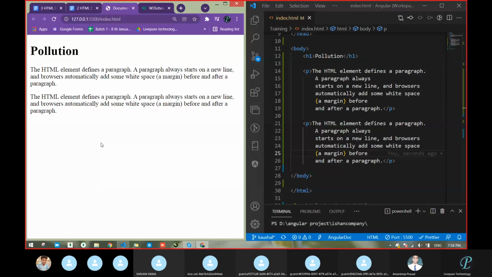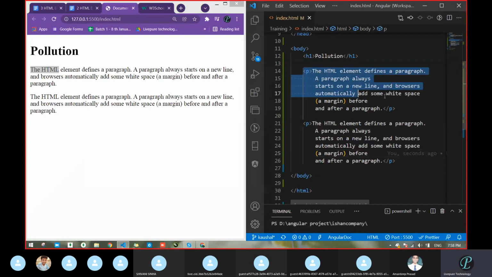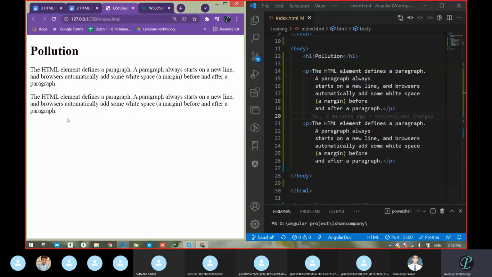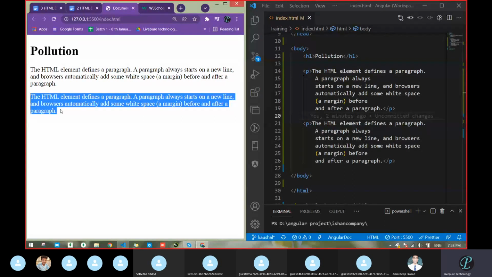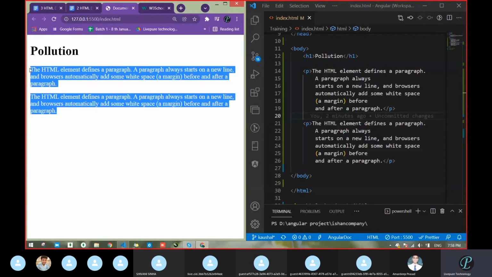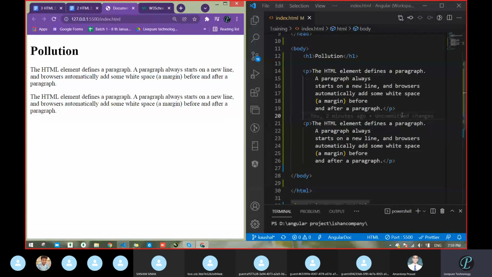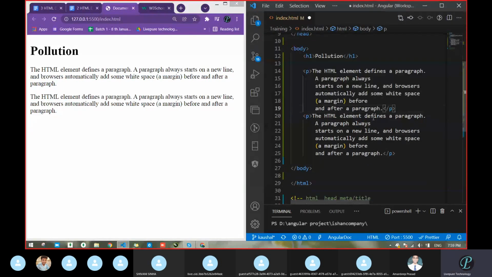Okay. So see, when we are using one paragraph, this is my first paragraph. Okay. This is my second paragraph. So when there are different paragraphs, in the middle of them the browser will add some extra space. See, this is the second paragraph and the upper one is the first paragraph. So we are getting some gap here in the middle of both. We had not put anything. Don't think that this gap is something we adjust or minimize.